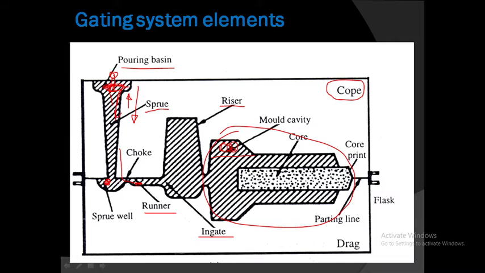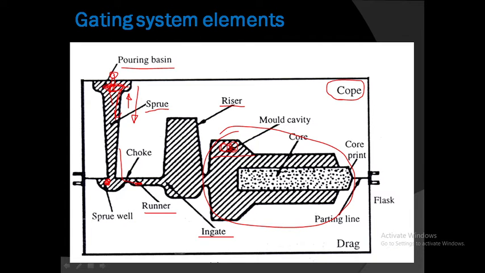Okay, and here a number of ingates in a mold instead of one large ingate helps to properly distribute the metal, avoiding possible misruns or hard spots in the mold. Okay, so here what is expected is that instead of a number of ingates in a mold, only one large ingate helps to distribute the metal, which is expected to avoid the hotspot or misruns which occur in the casting.